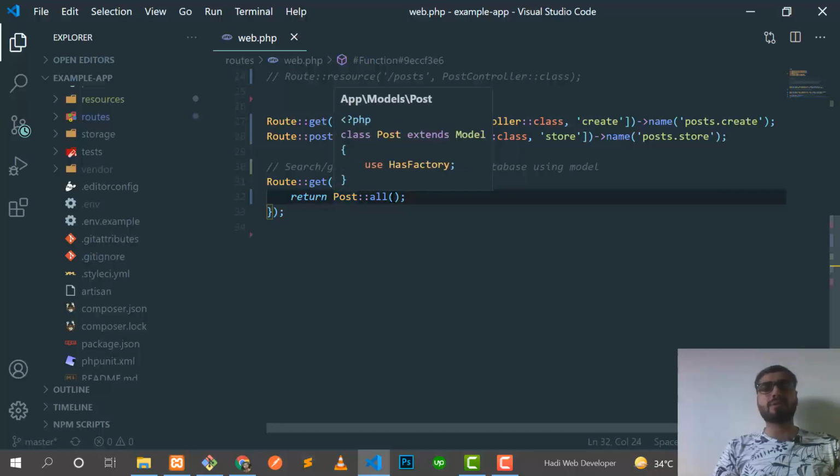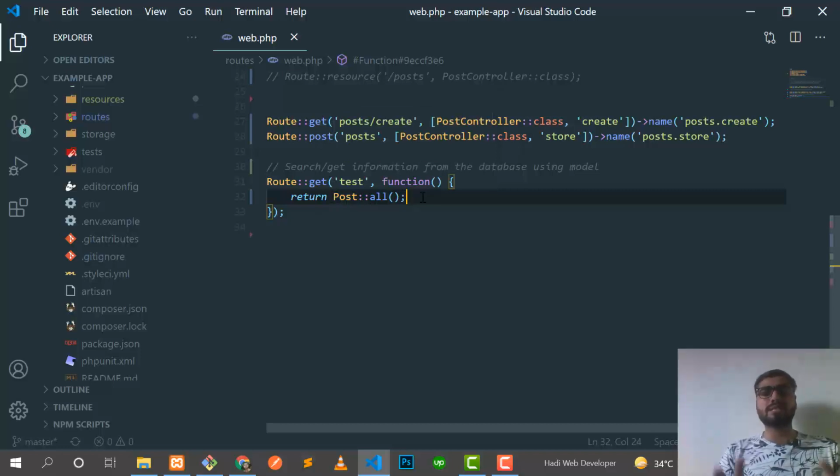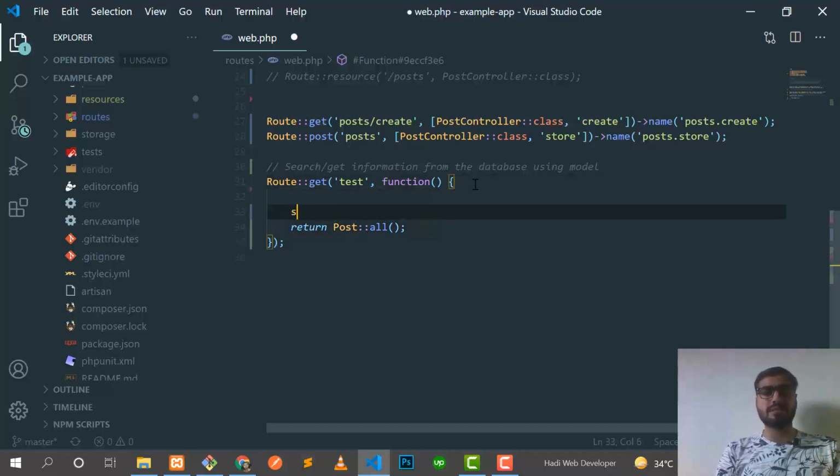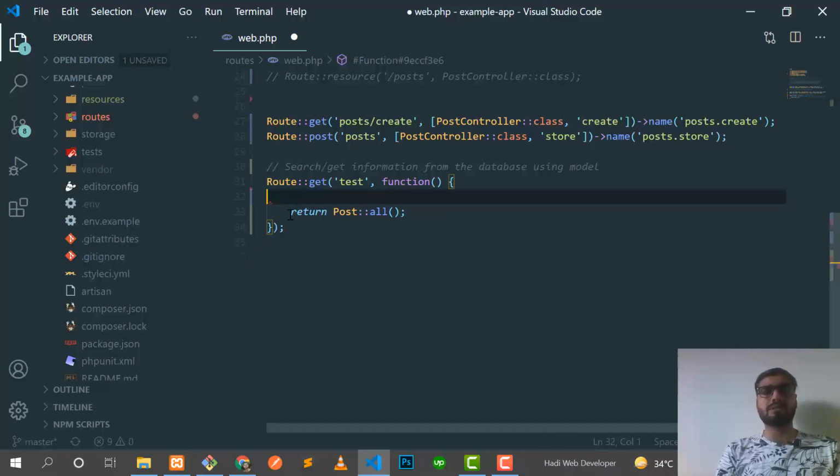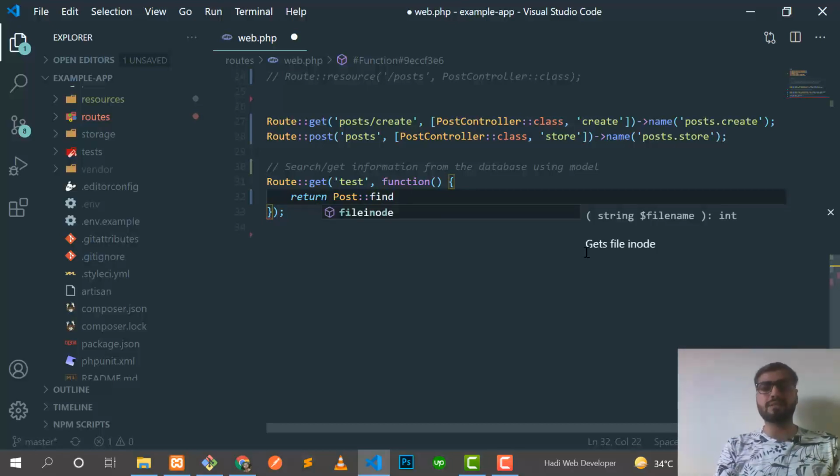That's why I like these models. These are very powerful. And what if I want to fetch specific information, like select all from post where id equals 1? How can we do this in Laravel by using a model? So let me clear this. We added this Post model, and here I need to type a method which is find.